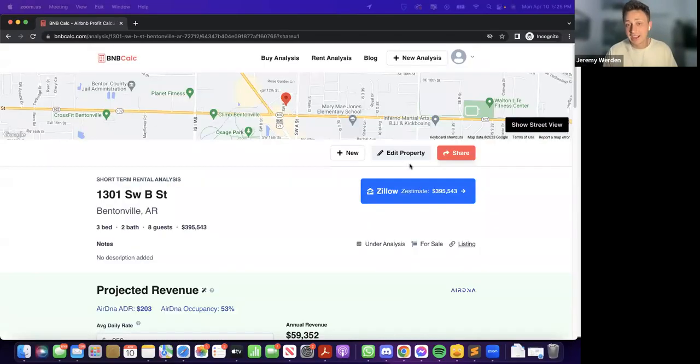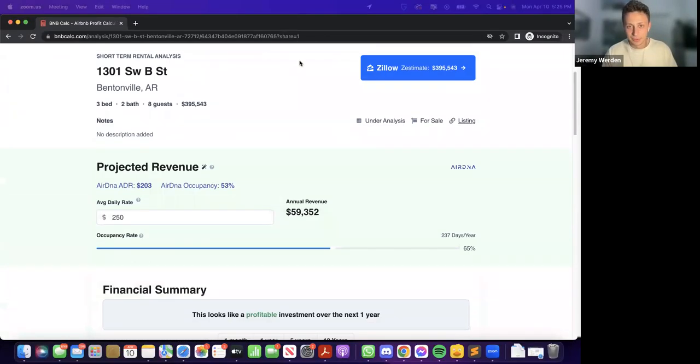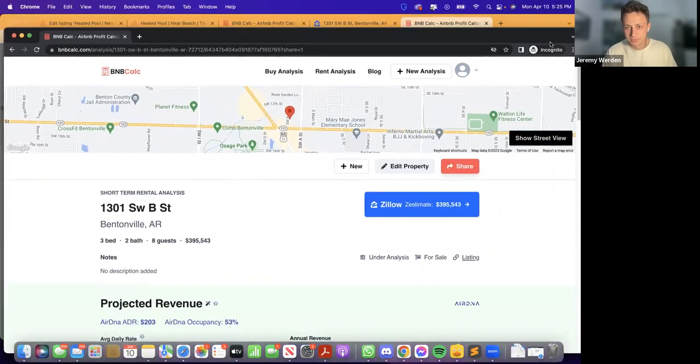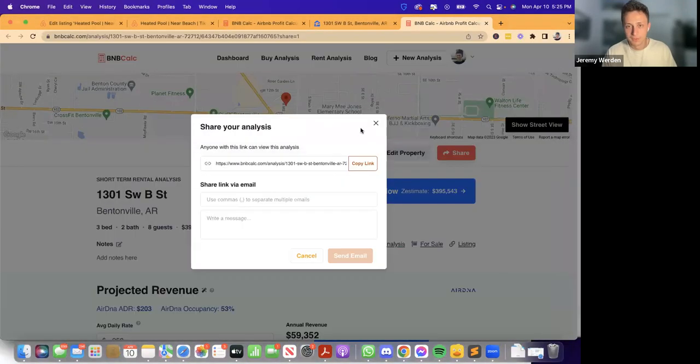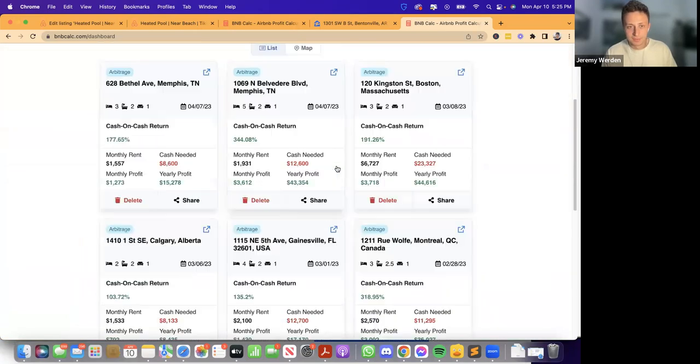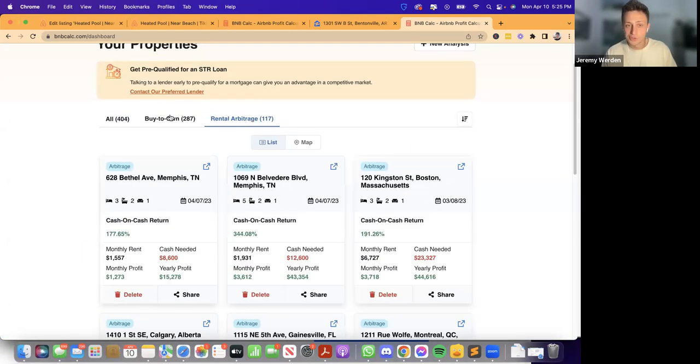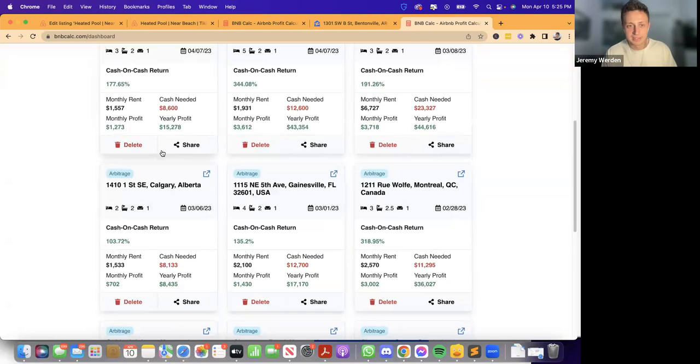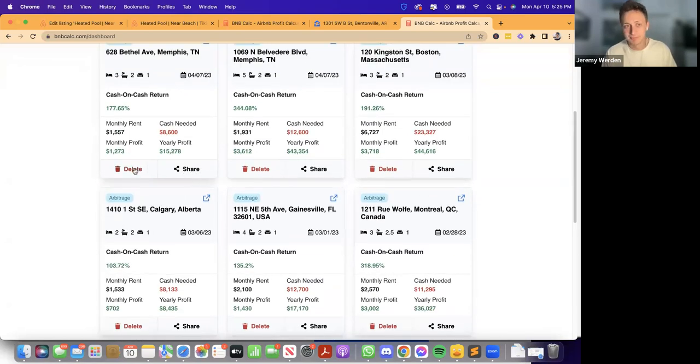All right. So when you get to the point that you have a lot of these things, oh, I'm in the wrong one. This is what your dashboard is going to look like. You're going to have 400 in here, 300 buy to own, 117 arbitrage. Maybe you want to look at them as a list. Maybe you want to delete some. Maybe you want to share some. So I could delete,